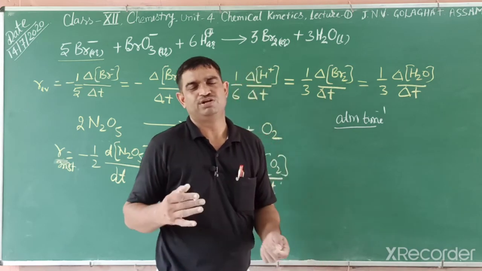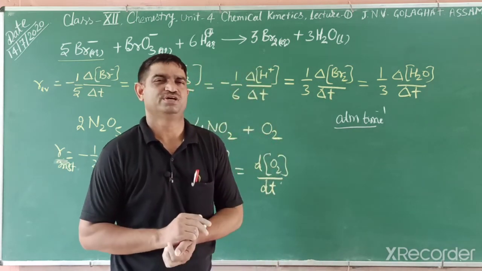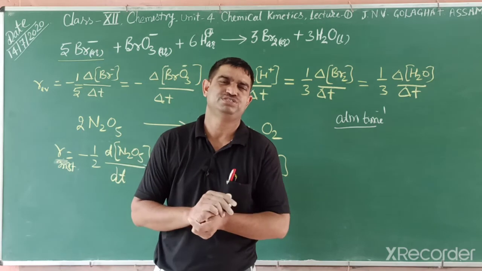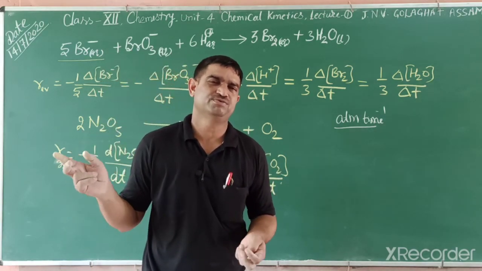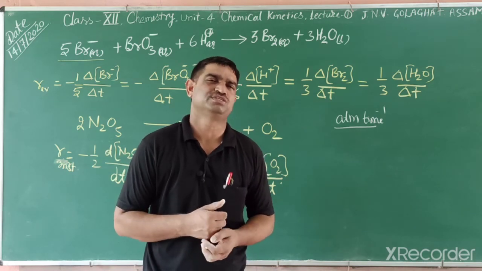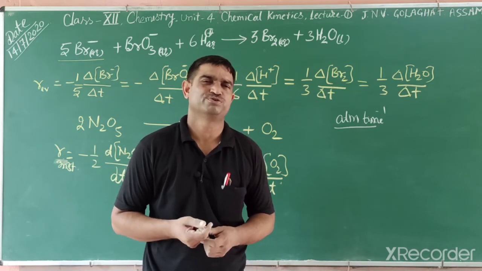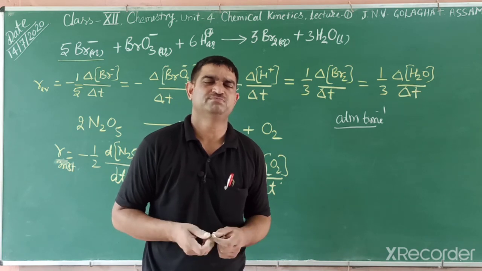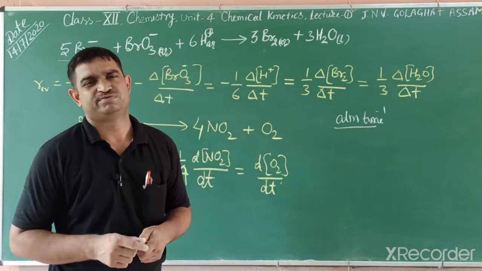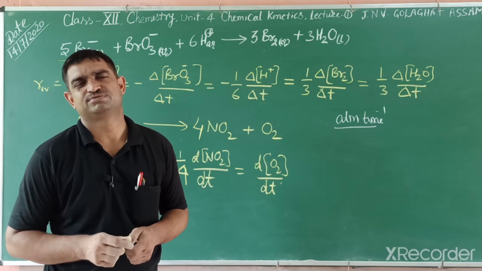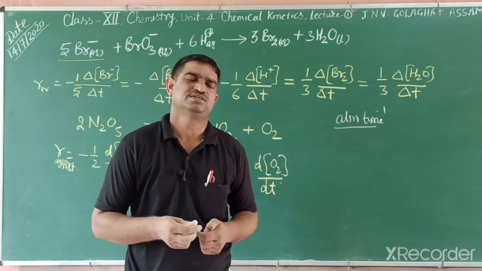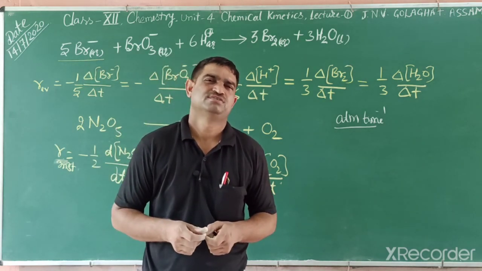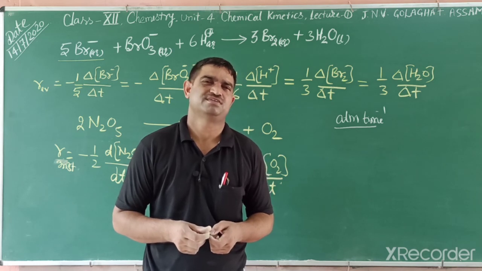Today, students, solve at least 2 numericals given in your NCERT book. At first, see thoroughly the solved numericals in your NCERT book, and then solve the 2-3 questions given in the text in your notebook. If you have any problem, write in the comment box, and like, subscribe, and share with a needy student. Tomorrow we will discuss the next points: order of reaction, molecularity of reaction, and rate law.